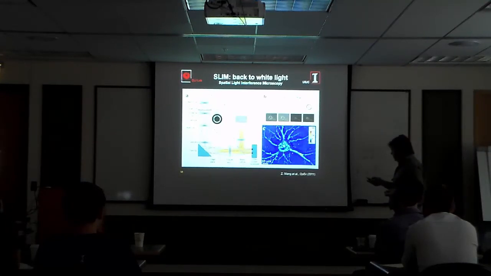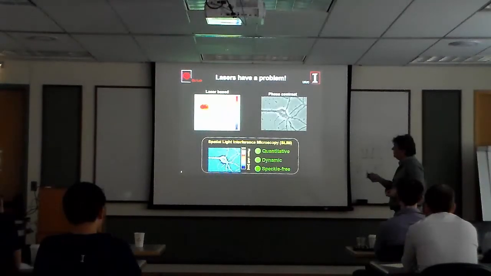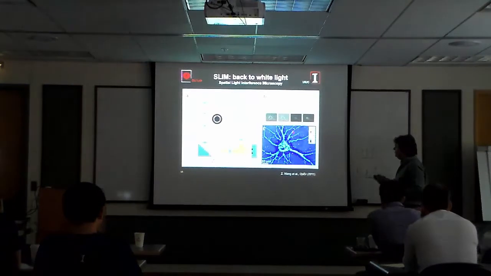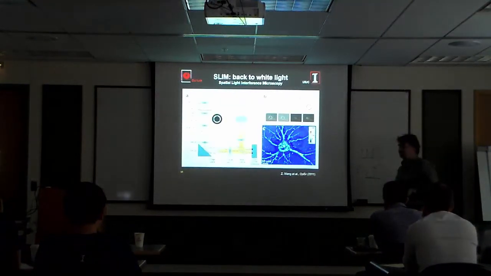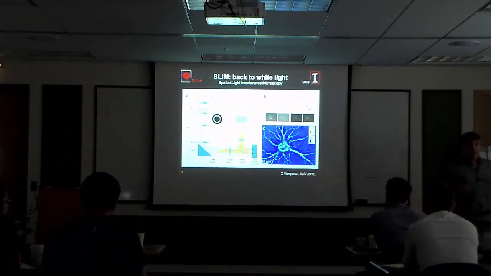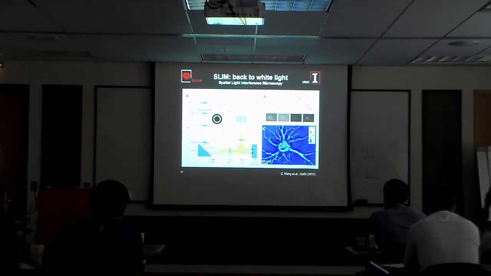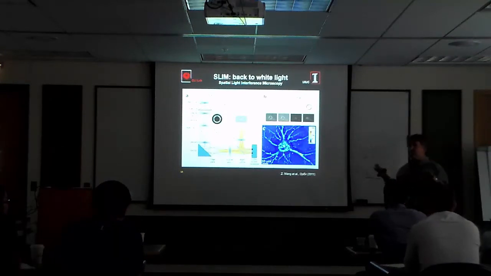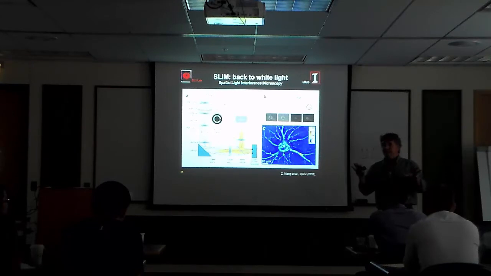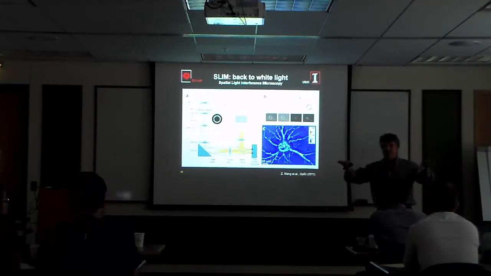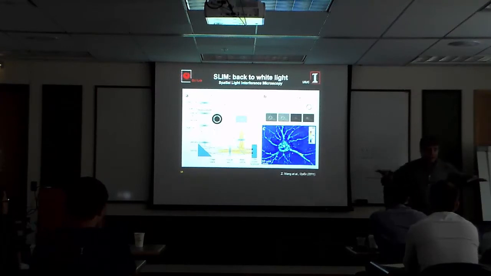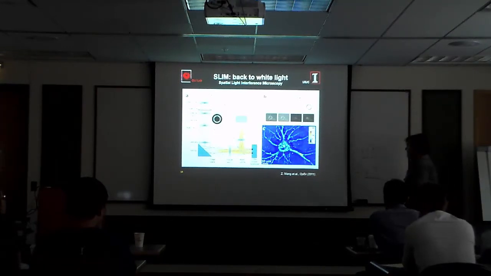So notice, compare this with this neuron that you get with a laser, and you notice the improvement. We see all these details now. The speckles are gone. In fact, they're not gone. What happens is that you get a speckle pattern for each color. So you have a color where you get one speckle pattern that looks as ugly as the previous one. You put another color, another one. When you put them all together, they average out. That's kind of the idea.